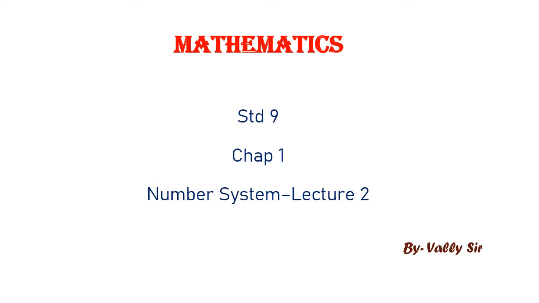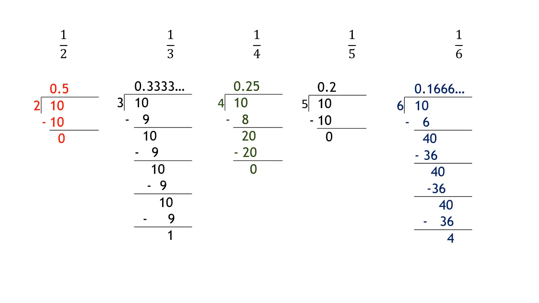After that we moved on to rational numbers in the form P by Q. And now we have to understand irrational numbers. But before we reach there, let us try to understand the rational numbers in detail. So again, rational number is in which form? In the P upon Q form or P by Q form, where Q is not equal to 0. So let us see some fractions in the P by Q form.